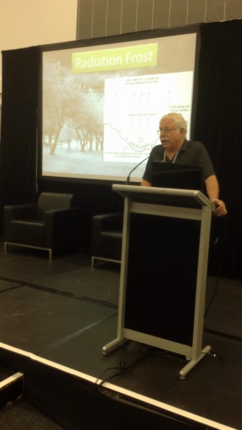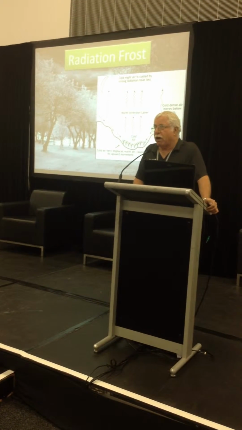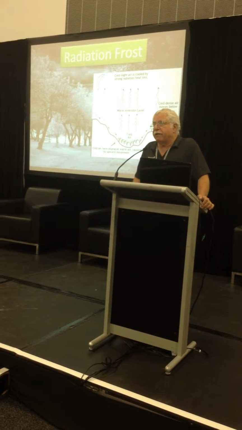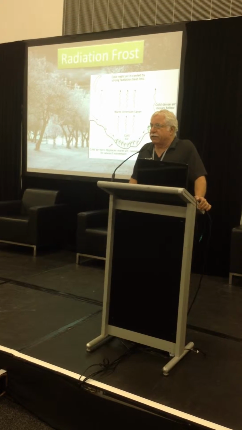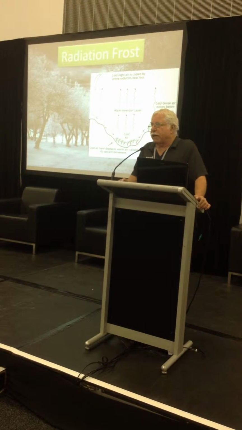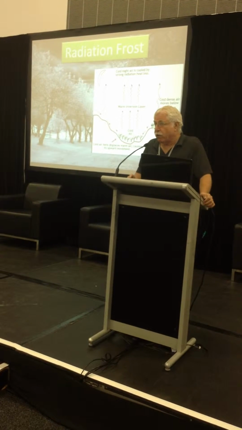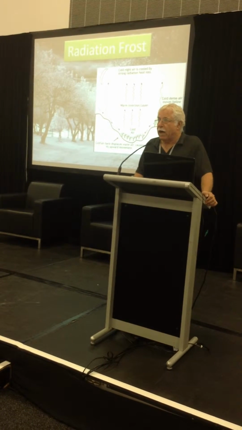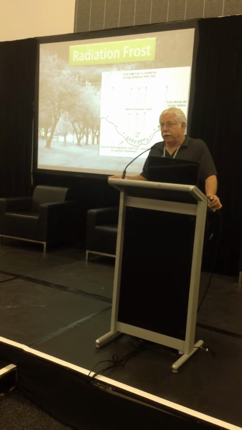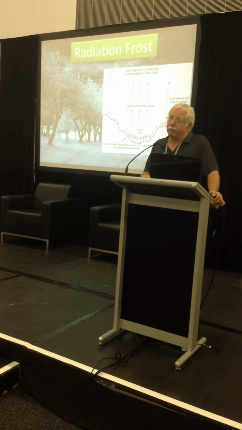The next type of frost is a radiation frost, and this is what we'll be dealing with, and this is your chronic frost. Advective freezes, like we just talked about, don't happen very often. It's an out-of-region event. Just to regress a little bit on that, those advective freezes typically are not any colder than what you normally experience weather-wise, but it happens either a little bit later than it should, and the vines are already budded out,